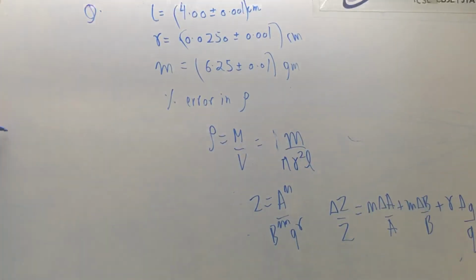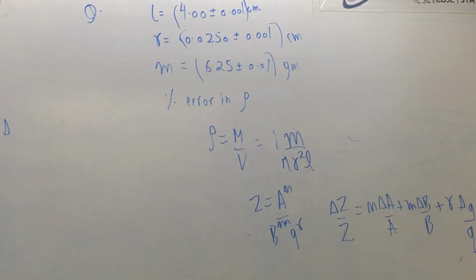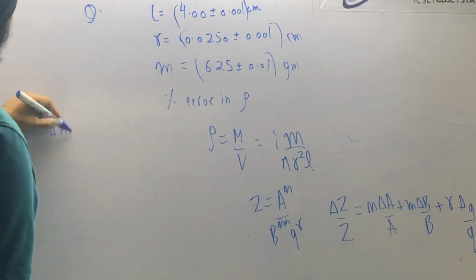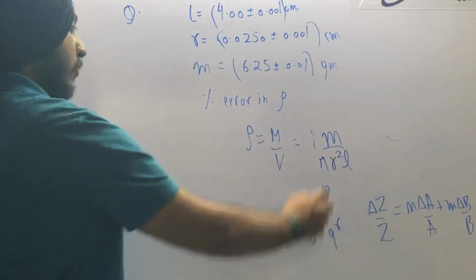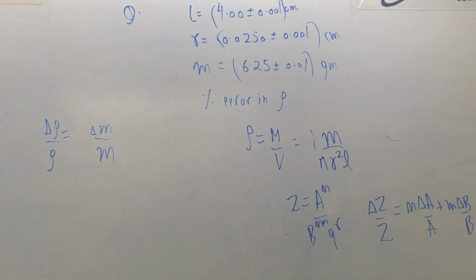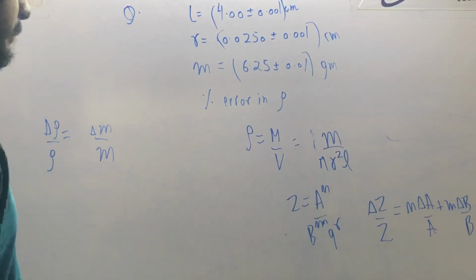Okay, so pi is a constant, so forget about it. Okay, no need to write. Delta density upon density is equal to delta M upon M. Okay, now this one has a power of 2. So what will happen to the power? When it comes on the top, what will happen to the power? It will be